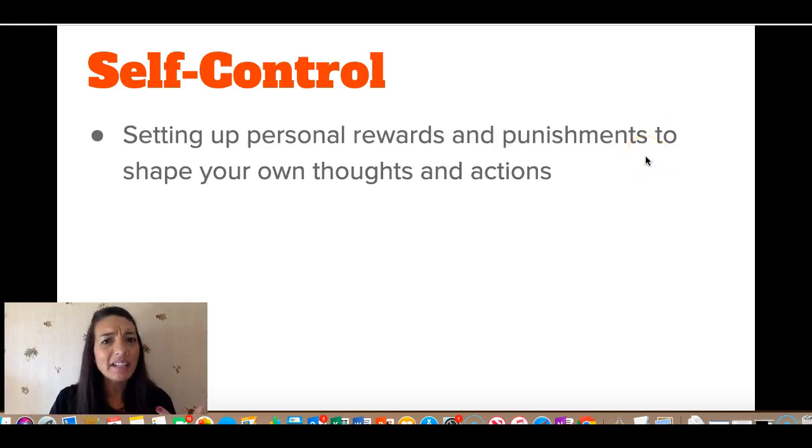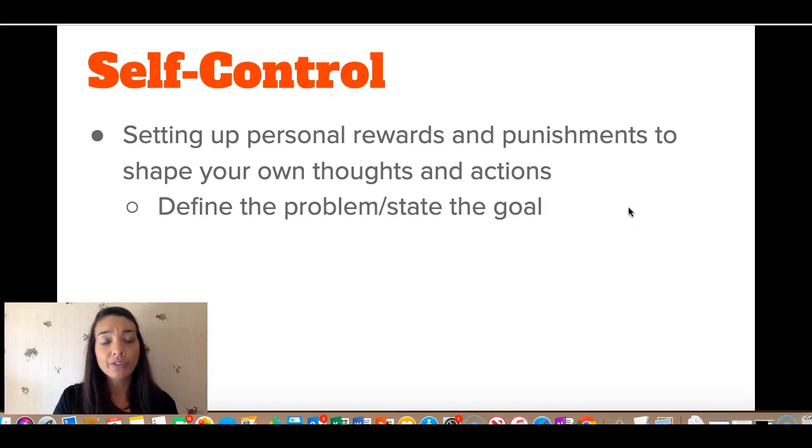It doesn't really have a name to it exactly, but self-control processes can be set up without you having to write anything down. And it says that you can set up personal rewards and punishments to shape your own thoughts and actions, okay? Setting up personal rewards and punishments to help you to meet a goal.